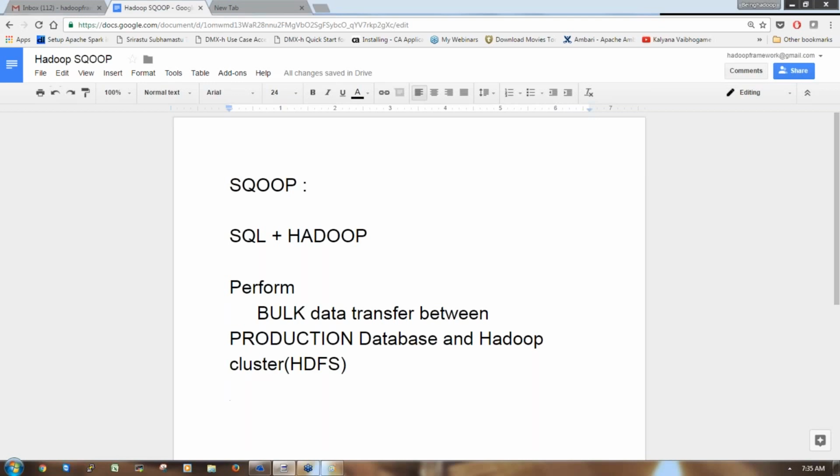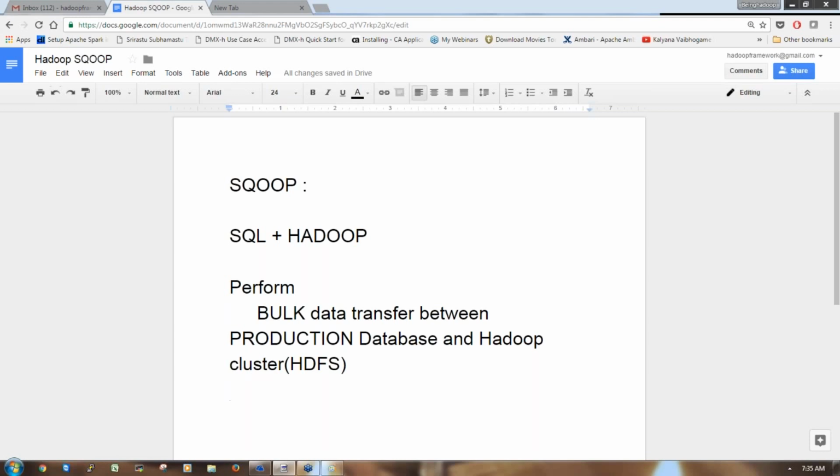So the client has now decided to move the data to the Hadoop cluster. What the client wants is the same lookalike environment: the same way he has the data in his production database, he wants to store the data in the Hadoop cluster and query it there.